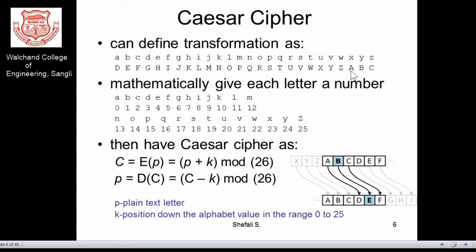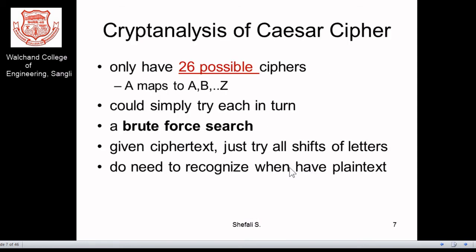You need to go for the clockwise arrangement. It's clockwise arithmetic. After Z there is A again, then B, and that's why you need to use the mod of 26 as one of the necessary operations. Don't forget that this is a very necessary operation to find the cipher and to get the plaintext back.